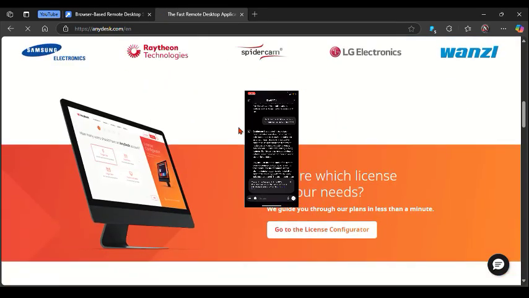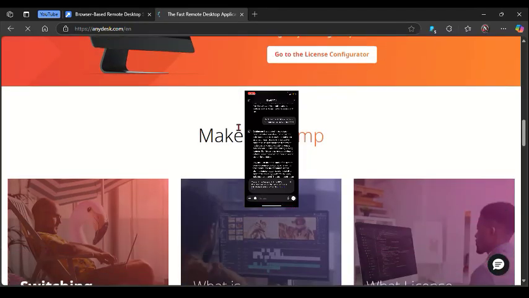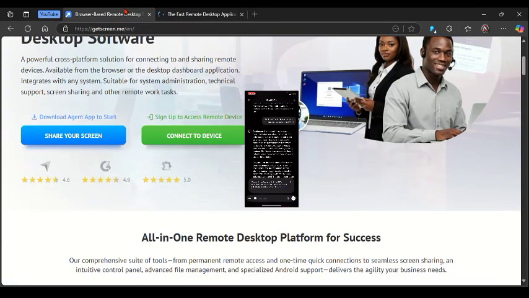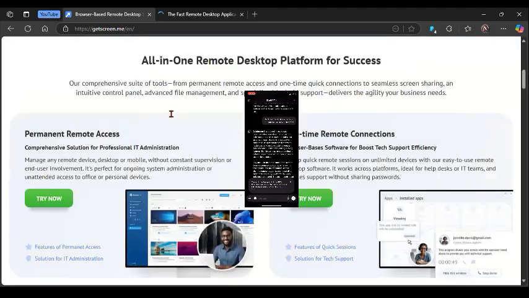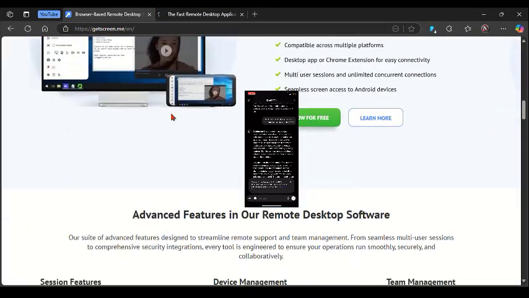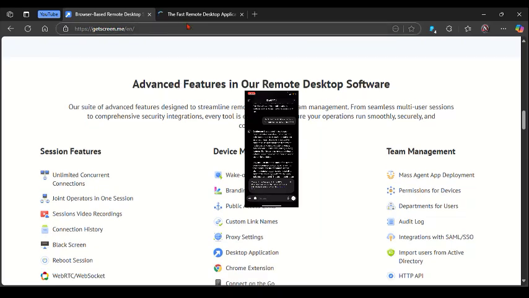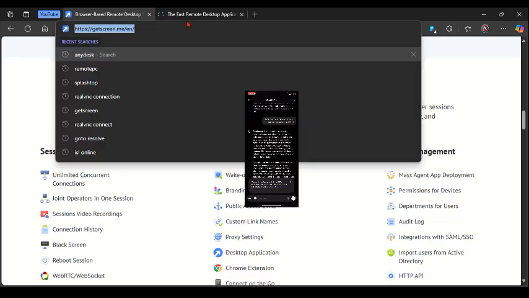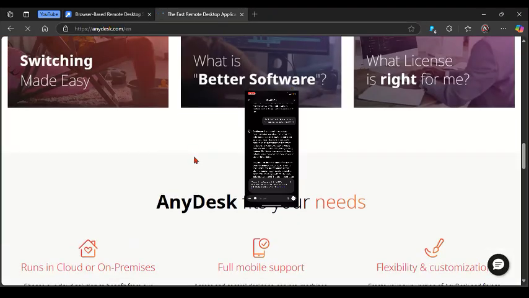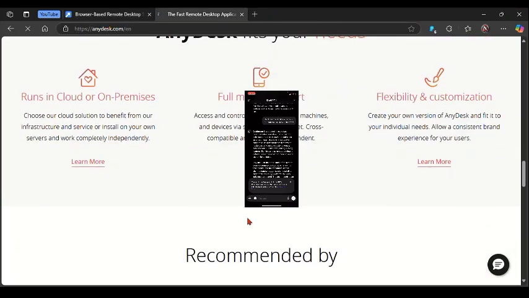So GetScreen is a super simple browser-based remote access tool that's great for quick support tasks in 2025. It requires no installation. Just share a link and you are connected. It's perfect for small teams or freelancers who need occasional remote help sessions. But it's pretty basic, missing features like file transfer, remote printing, or detailed session control that more advanced users